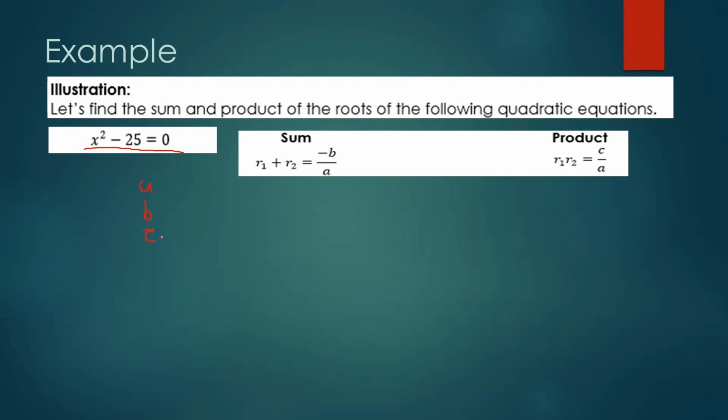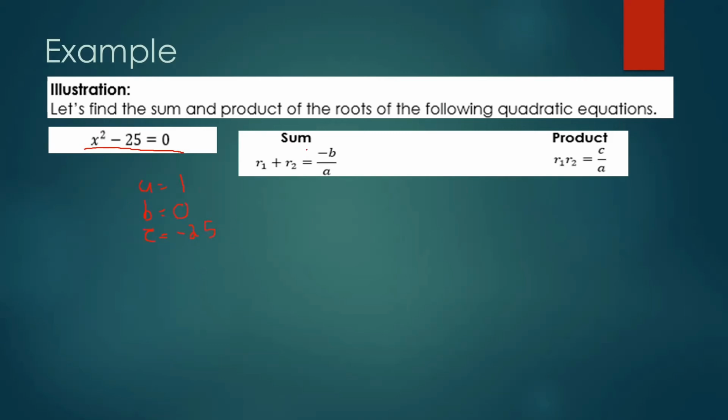So, to find the real number a, it is 1. Our b is 0 because we don't have a linear term. And our c is equal to negative 25. So, after identifying the real numbers a, b, and c, we can proceed now to the sum and the product